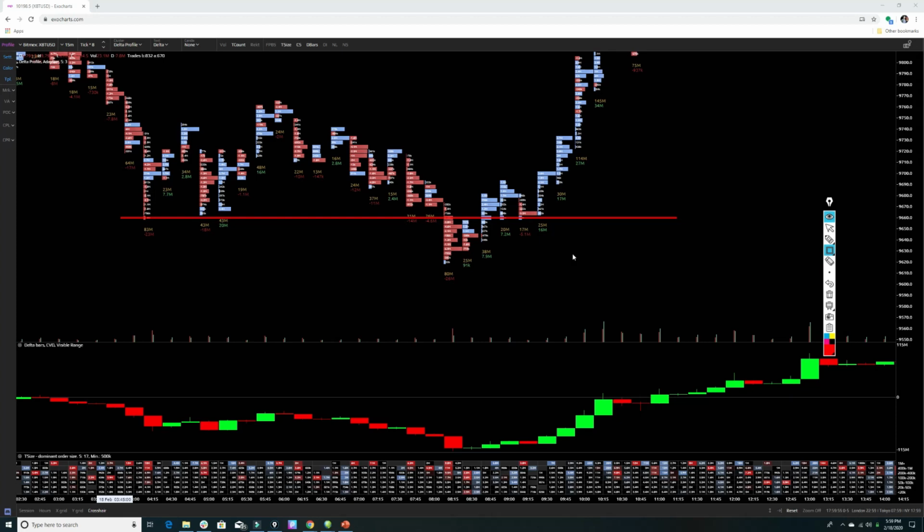Sure enough, we actually did get a blatant delta divergence. The delta divergence indicates that for more aggressive selling overall, price is moving less. In this case, it didn't move at all. We had a very clear delta divergence, and price was actually on its way up already. But trapped traders are a way of finding those isolated positions